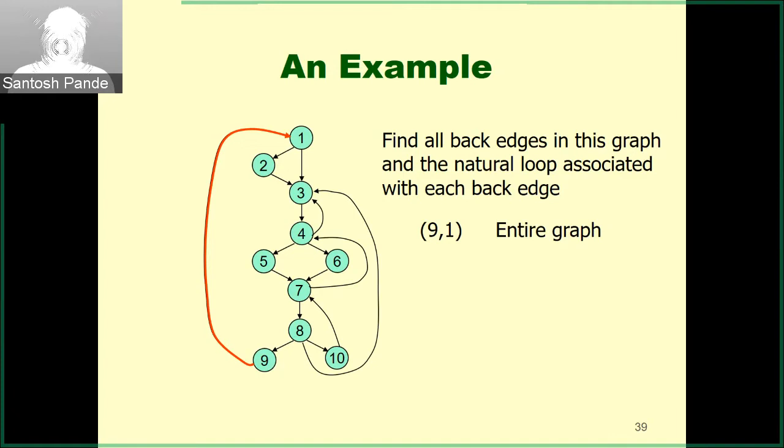So following this simple strategy, it will enumerate. Once it goes to 7, it will take its predecessors, which are all the incoming edges. As I said, 10 and 5 and 6 will also get added there. And when 10 is processed, for example, it will again come back to 8, but 8 was already explored and added to the loop. So it will not add 8 again,